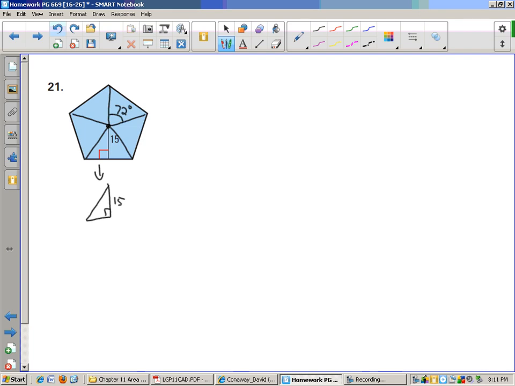So now, look what I've done to get the little triangle. What did I do to that 72 degrees? I cut it in half again, right? So this is how many degrees? It's half of 72. Half of 80 is 40, so it's got to be less than that. Half of 60 is 30. So somewhere between 30 and 40. Yeah, it's 36 degrees, right. So this is also 36 degrees. Okay? So if this is 36,